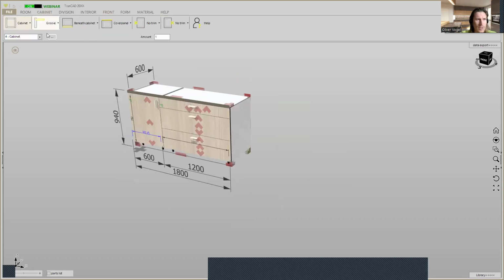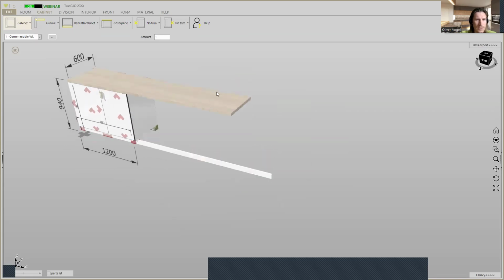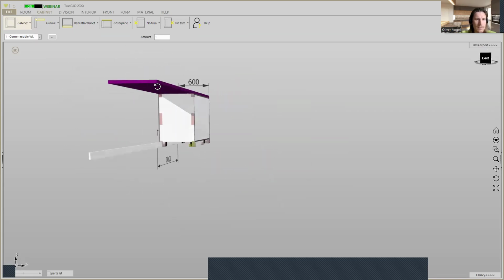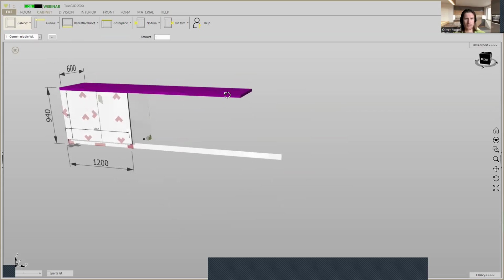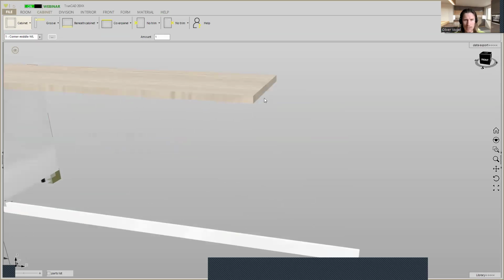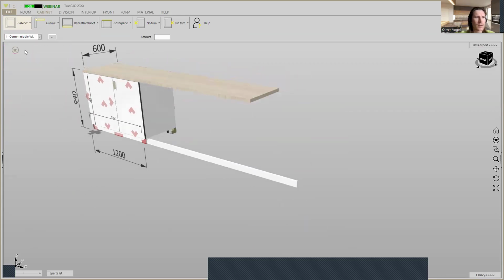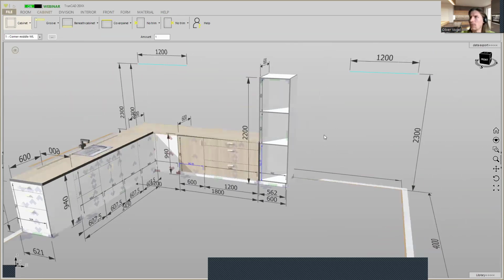Now, when we go back to the cabinet and activate here the corner cabinet for middle wall left, you see here the trim panel and the cover panel is getting extended on here. So that's why the corner is blinking, because the edge banding is overlapping it to here. Okay, I will activate now everything, and we continue